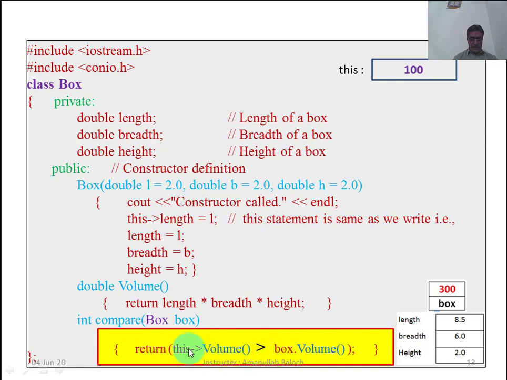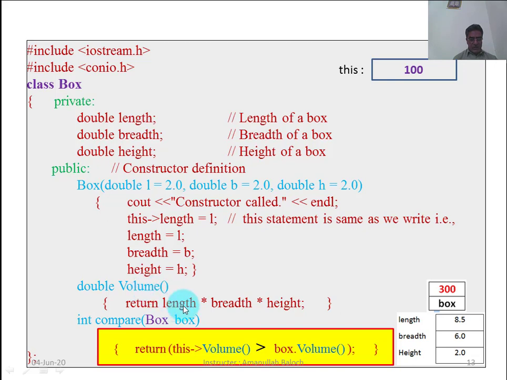What this line of code is doing: this pointer is calling the volume function. This is the volume function, that is, the object is calling the volume function. Here box 2 is also calling the volume function. So one by one, firstly we see that this pointer is calling the volume function.